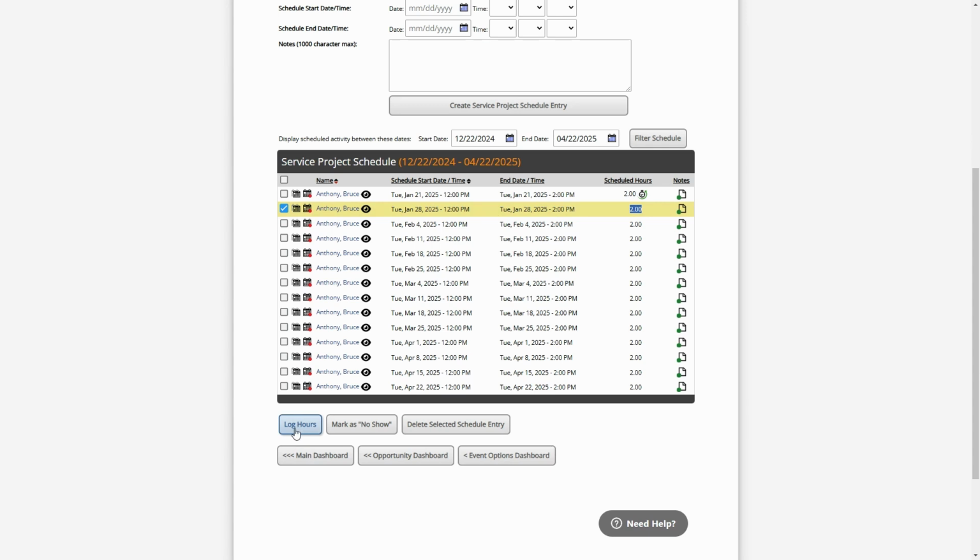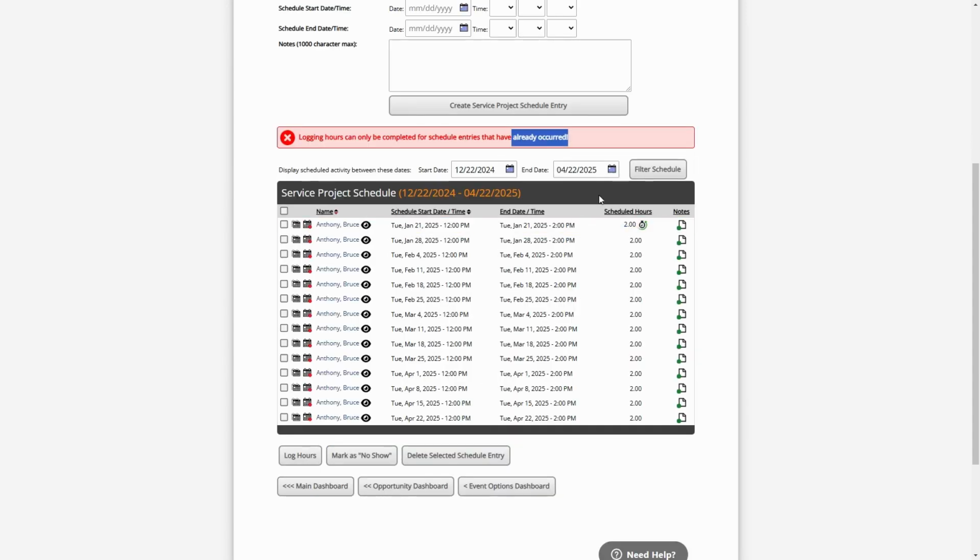You cannot forecast this, so this date is in the future. If I click on log hours, it's going to say, hey, you can't do that. This has not yet happened. But if someone has recorded hours on this date, whether or not it was exactly this time frame or this many hours, you'll get a notification or an icon here telling you that those hours were recorded or activity was